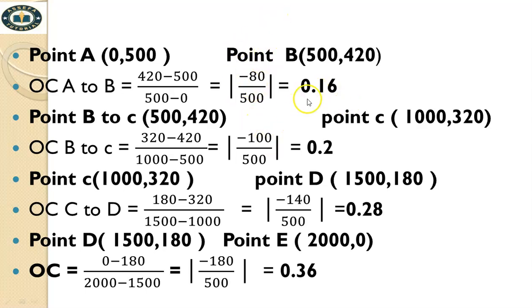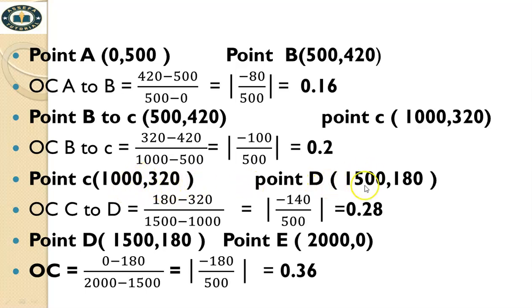Due to this reason absolute value ስናስገባ 0.16 ሆኖ ይወጣል ማለት። Then point B to C, point B ላይ 500 420 ነበረ፣ point C ላይ ደግሞ 1320 ነበረ። Then 320 minus 420 over 1000 minus 500 ስናደርገው then we obtain minus 100 over 500 then 0.2 እናገኛለን ማለት ነው።